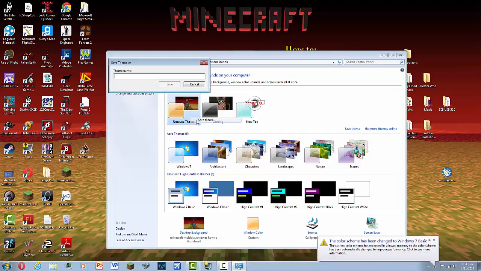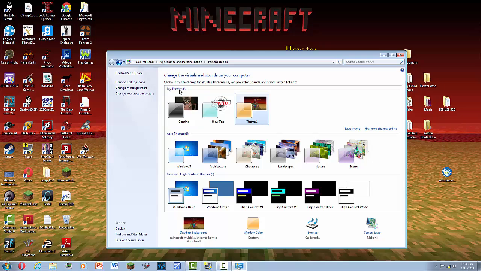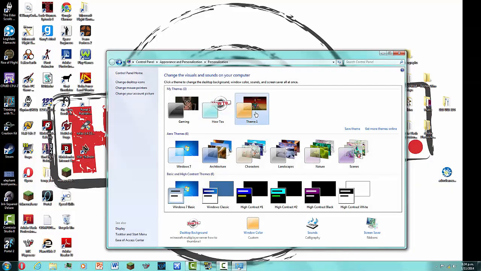To do that, we hit Save Theme, and we call it, say, Theme 1. Save. And then you've got Theme 1, you've got how-tos, but that means now, if we go back to Theme 1,